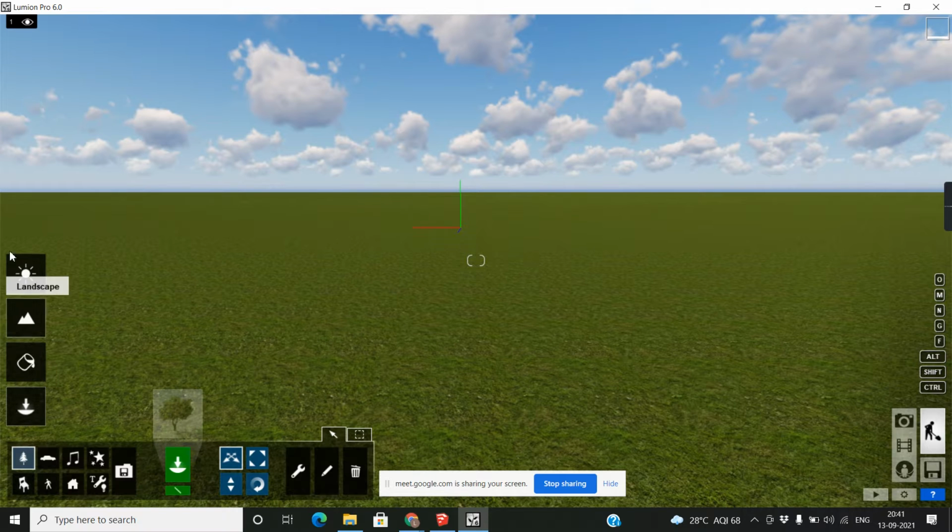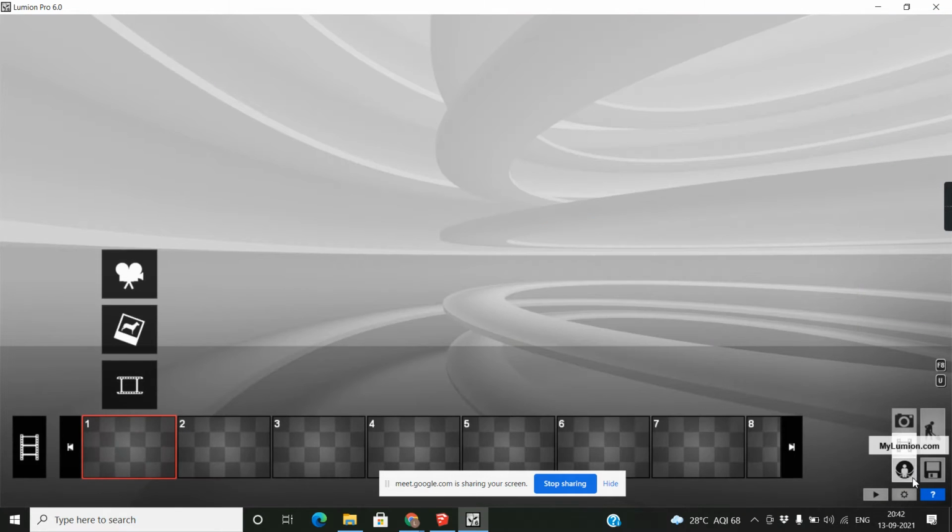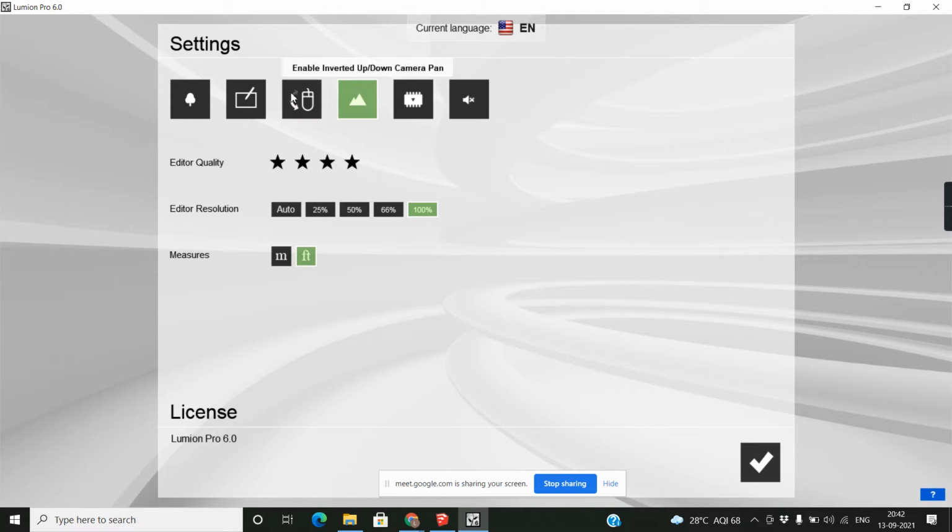So you have these four options for working with the live platform. After that you have the movie mode or photo mode, you have a movie, and you have My Lumion 360, and in fact you have a settings bar.